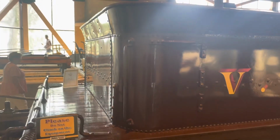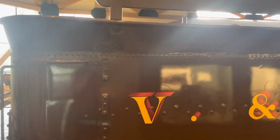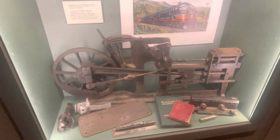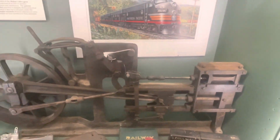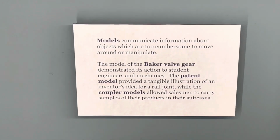This right here is actually the coal car for the locomotive used in this next locomotive. There's something behind me which I'll show you here in a sec. This is a very unique model, and as far as I know, this is what is used on the old steam locomotives. Here's the sign that says it's called the Baker valve gear, which demonstrated its action to student